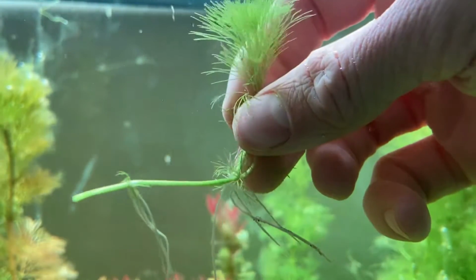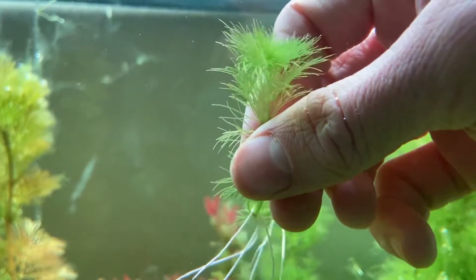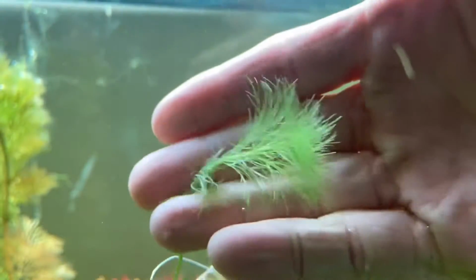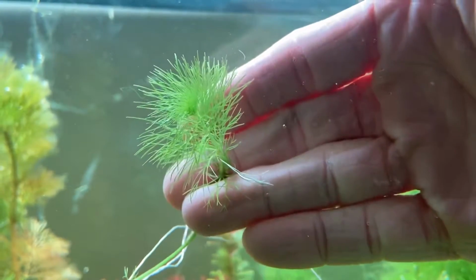Limnophila sessiliflora, otherwise commonly known as Ambulia, is often mixed up with Limnophila indica. Limnophila sessiliflora is a different type of aquarium plant, as it resembles cabomba to an extent, and mermaid weed. However, it has much easier growth levels in my opinion, as Limnophila sessiliflora can not only propagate